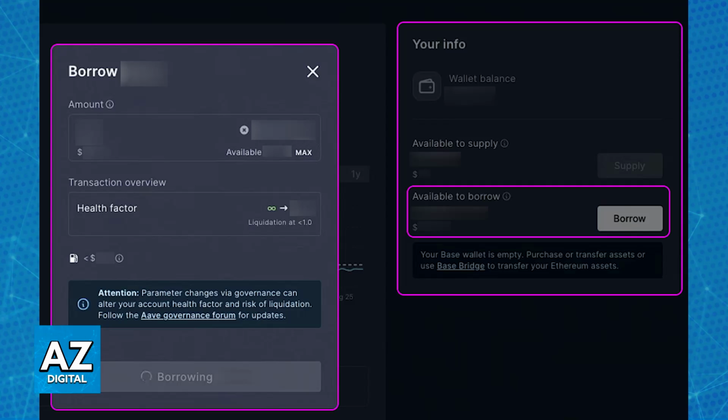Like I mentioned, it should be roughly 75% of what you deposited, and as long as you borrow it from here after depositing the collateral, you will be able to receive the cryptocurrency. You can repay your loan at any time, either in full or in part, and be aware that you will likely need to pay interest on the borrowed amount.